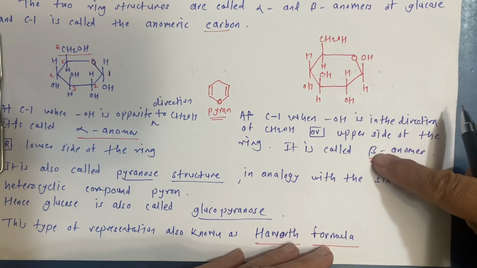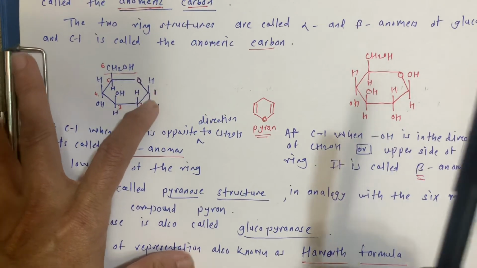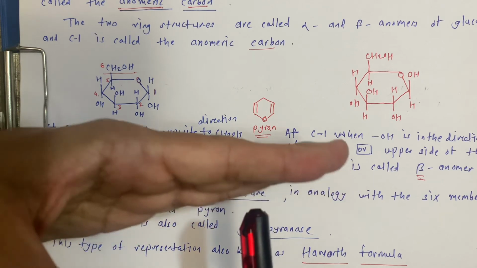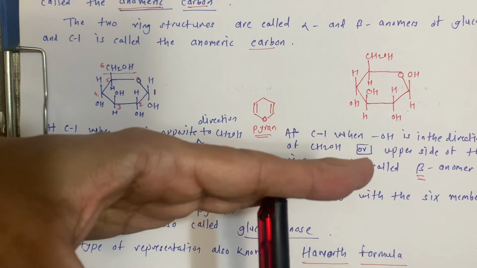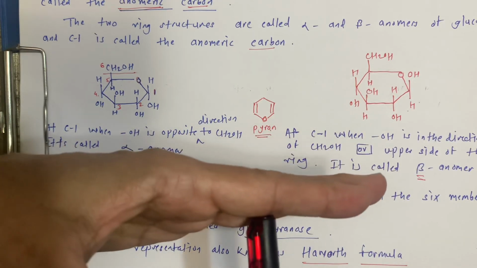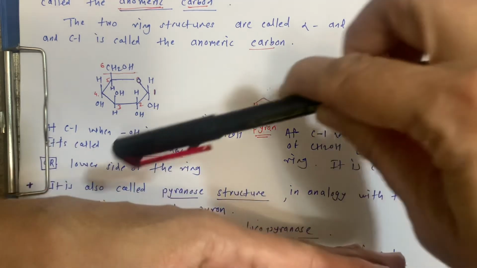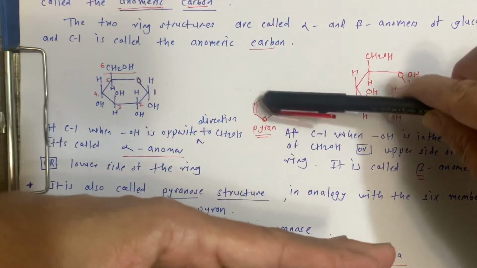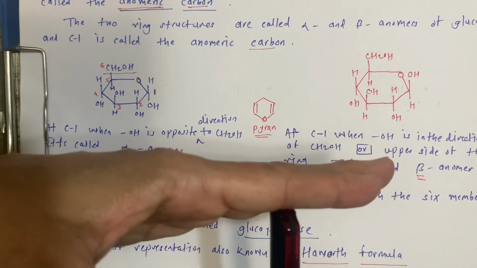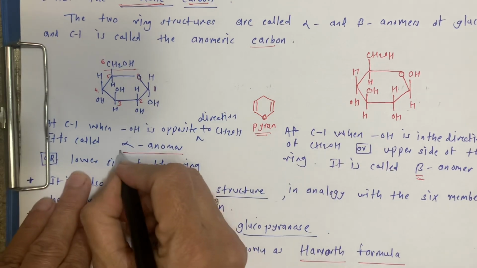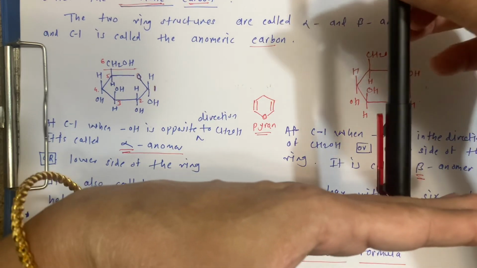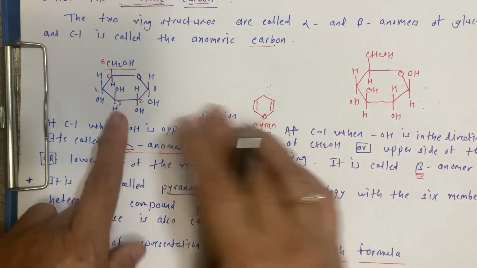And if this OH is below the plane of this pyran-like structure, perpendicular to the plane of the paper, where the plane is the 6-member cycle with oxygen, shown by my hand like this, and the OH is below the plane, then this is the alpha anomer. And if it is above the plane, like this, then this is the beta anomer. These two structures